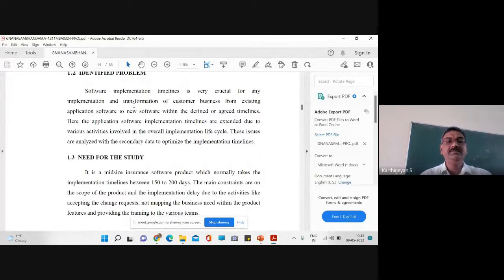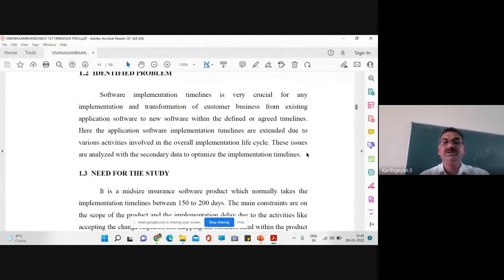The software implementation timeline is very crucial for any implementation and transformation of customer business from existing application software to new software within the defined or agreed timelines. Here, the application software implementation timelines are extended due to various activities involved in the overall implementation of the life